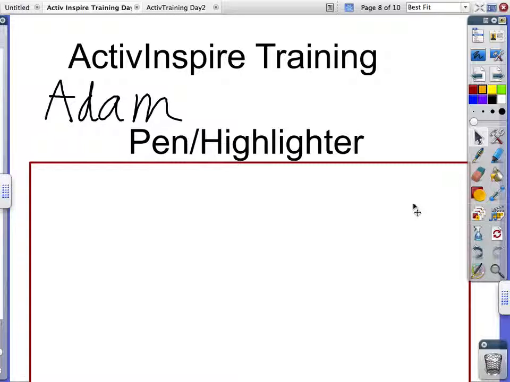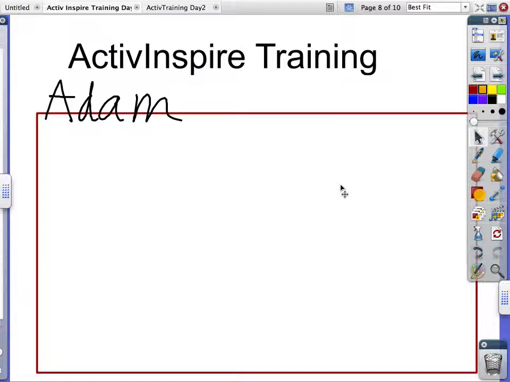I probably should have introduced the select tool first. Okay, the select tool. You can tap to select something, or you can use it to move things around